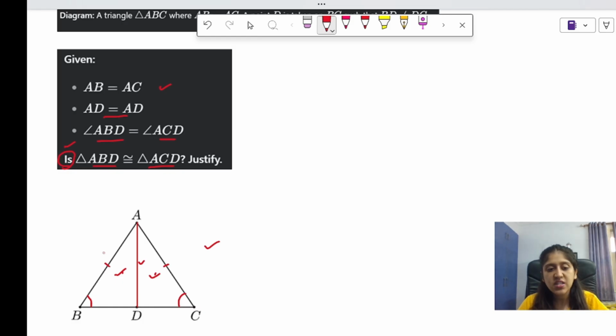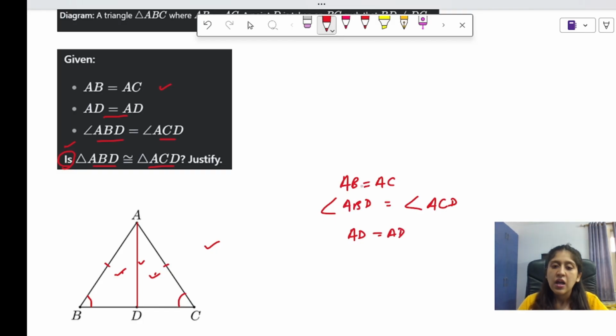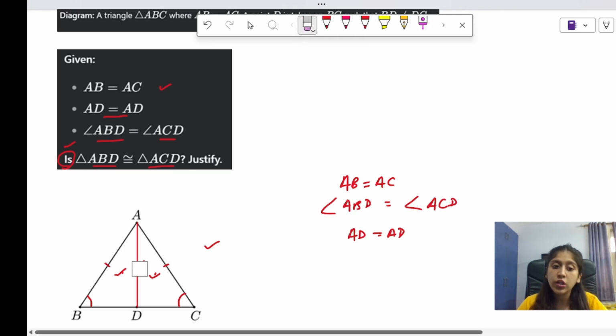अच्छा, let's just see, okay, we have a side equal, AB is equal to AC. Then we have angle also equal, let's just see, ABD angle and ACD angle. तो दो angles भी equal हो गए, ABD angle is equal to ACD angle. And we are also given, as I told you, एक common side भी दी है। इसको join करते हुए let's just see कि यहाँ कोई rule बन रहा है क्या।